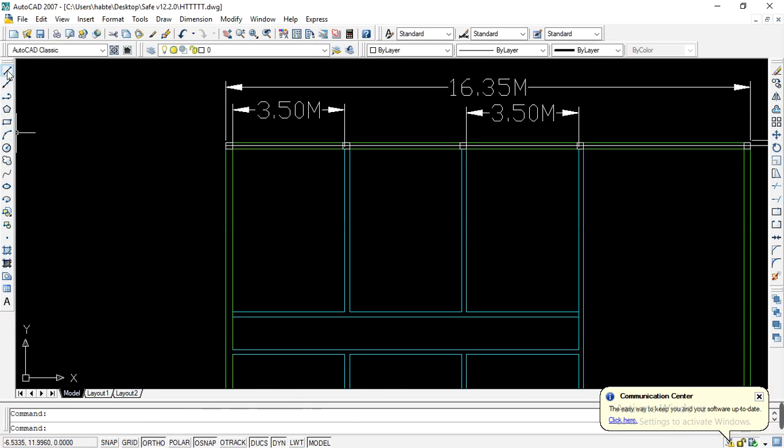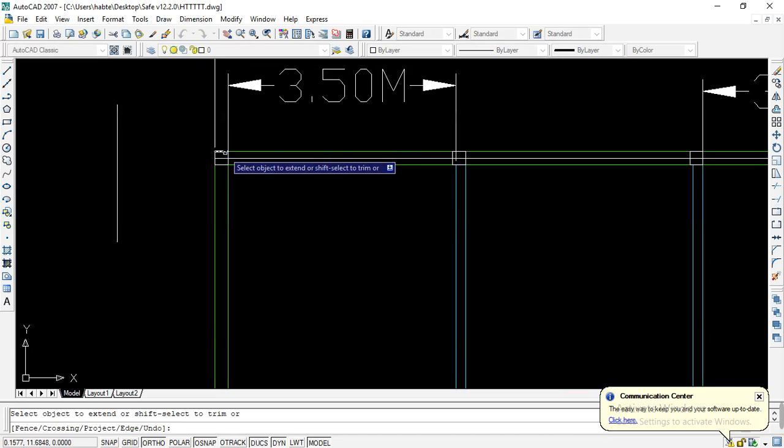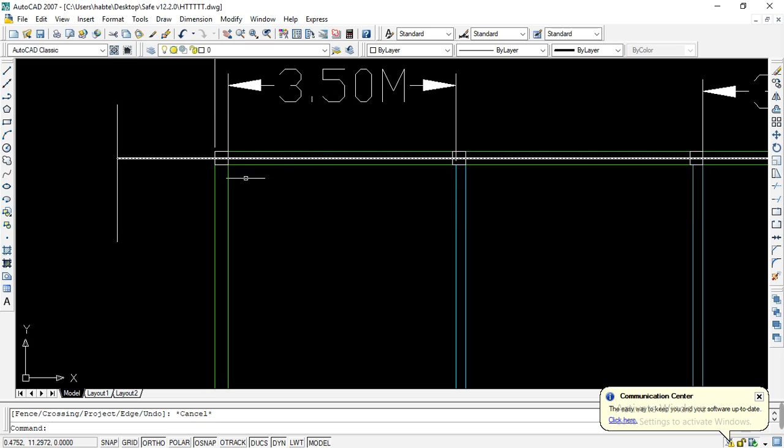Then after that, I can put here some object, and then I gotta extend this object up to this one. So as to do that, I'm selecting the extend symbol. Then after that I can do what I wanted to do. So here, after extending this object to this, I can omit or erase this one because it's not functional